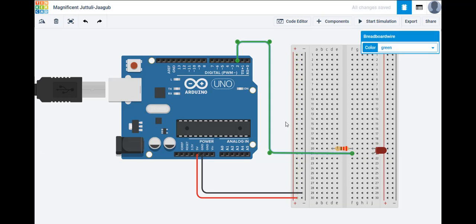And click there. LEDs are polarized, so it does matter which way around the legs go. The anode must be the more positive side and the cathode must be the negative side. So the cathode runs through this resistor to ground, then back through here to the ground pin, and this is